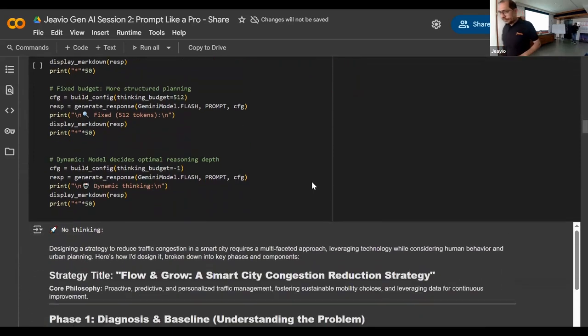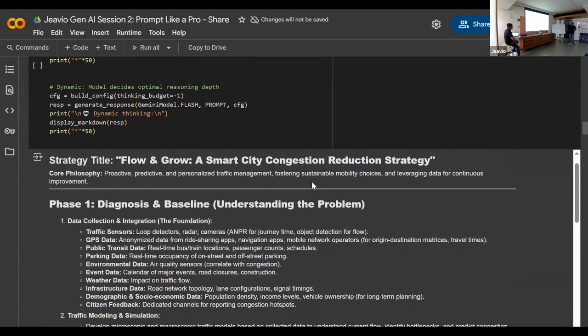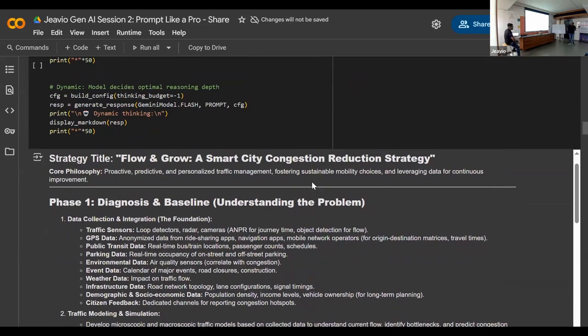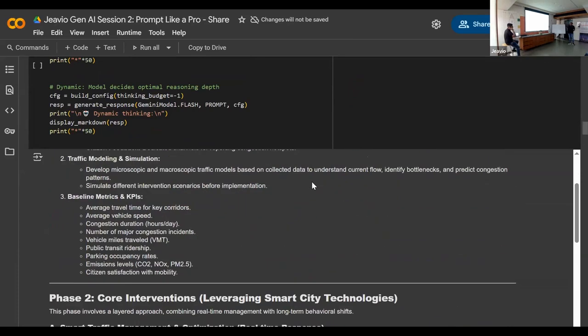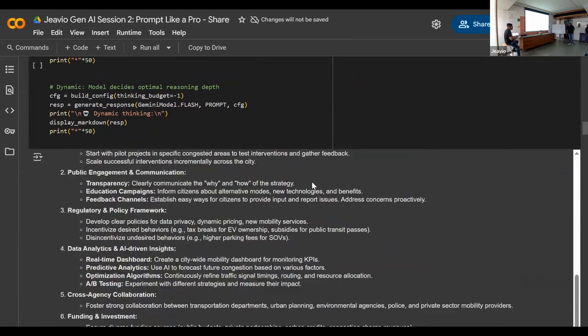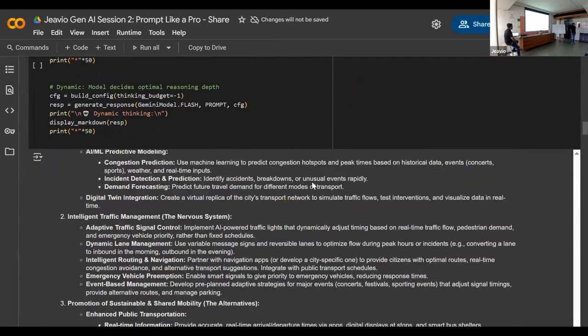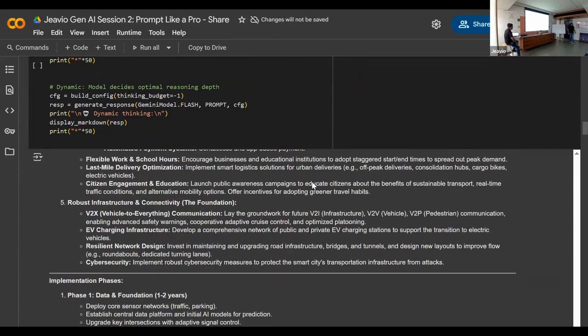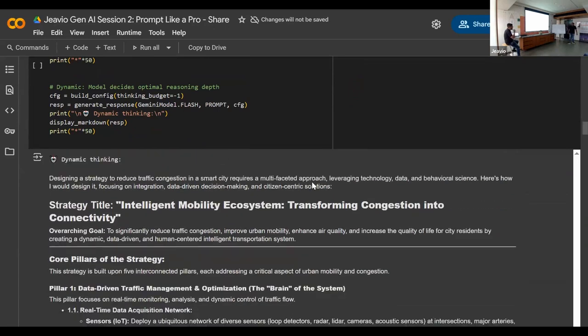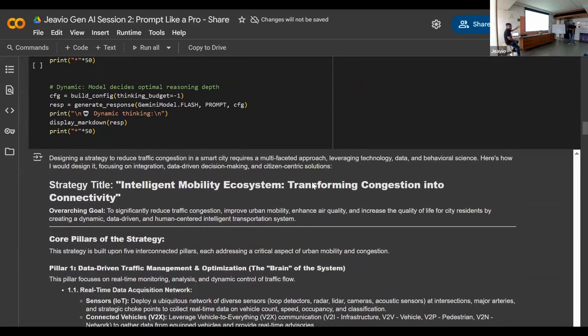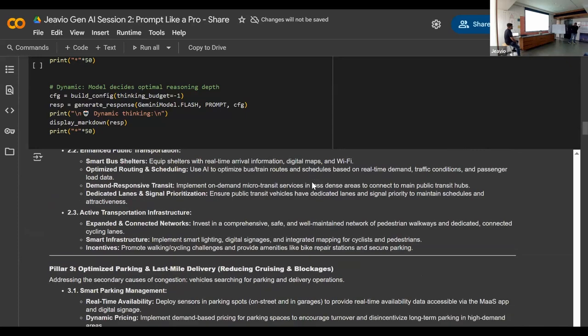And you can see in detail how, if you provide no thinking, the reasoning would be very simple and it will provide the answer. While in the reasoning, if you provide a fixed length of tokens, it will strategize based on the principles and then provide the output. So this is how you tune the parameters so that you can get a better answer. Now using those elements of prompt and these model parameters, you can design the perfect block of code that would be helpful for your use case.